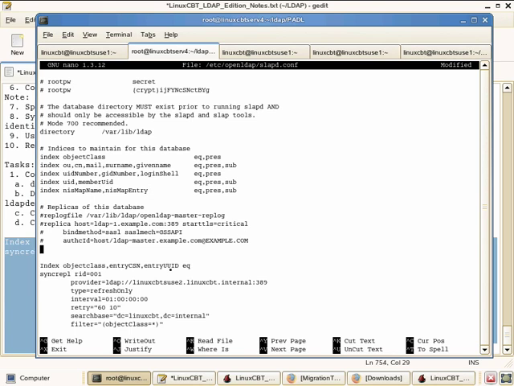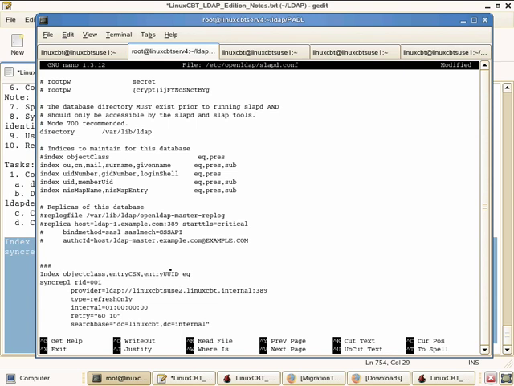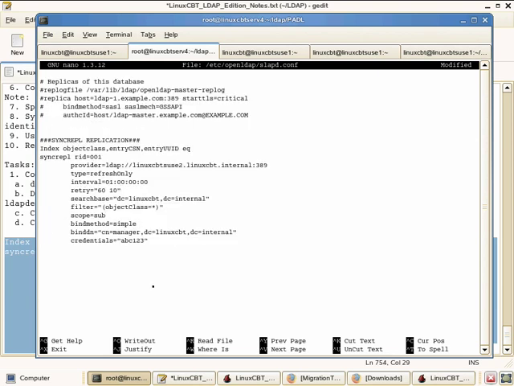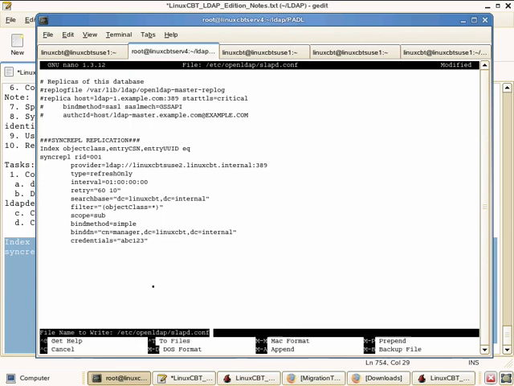So from this we can remove object class or comment object class above, and it will be indexed on this line. Let's just include a comment which indicates clearly that this is SyncRepl replication. And this directive block can be used on subsequent servers. Now let's save the changes